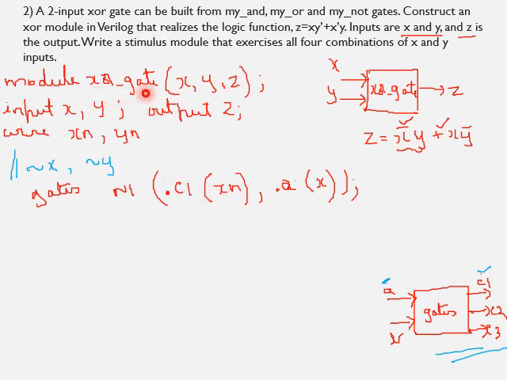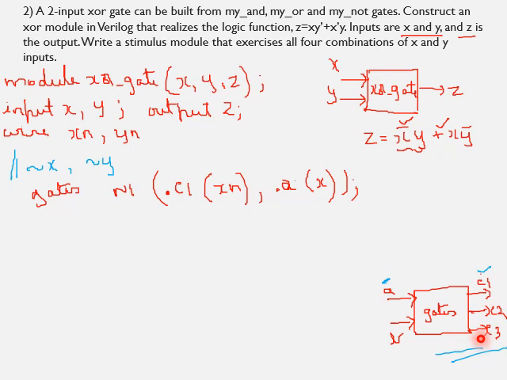Now here XOR gate is the top module and gates is the component module. So this is the signal of the component module and this is the signal name that you are using in the top module. Similarly, this is the output of the NOT gate, and here input of the NOT gate in the module is A, so dot A, and here the signal is X, that is in the top module. Okay, so other names I have not used, I have just skipped those because actually this gates module has got 2 inputs and 3 outputs.